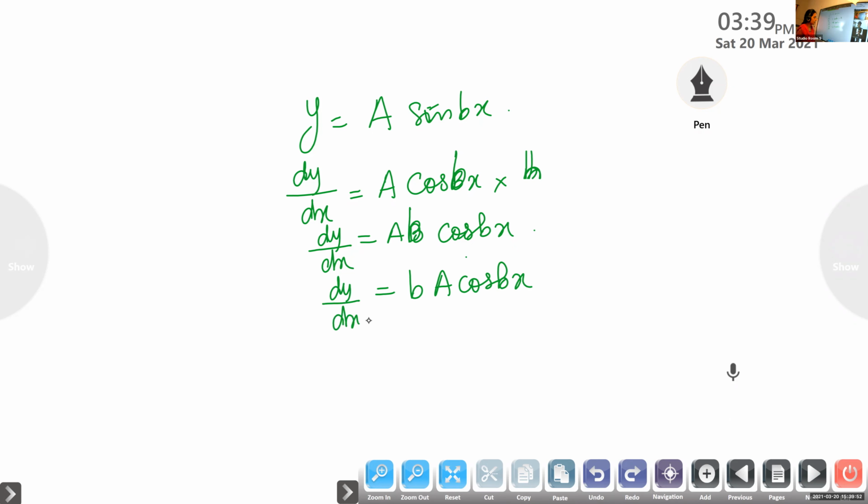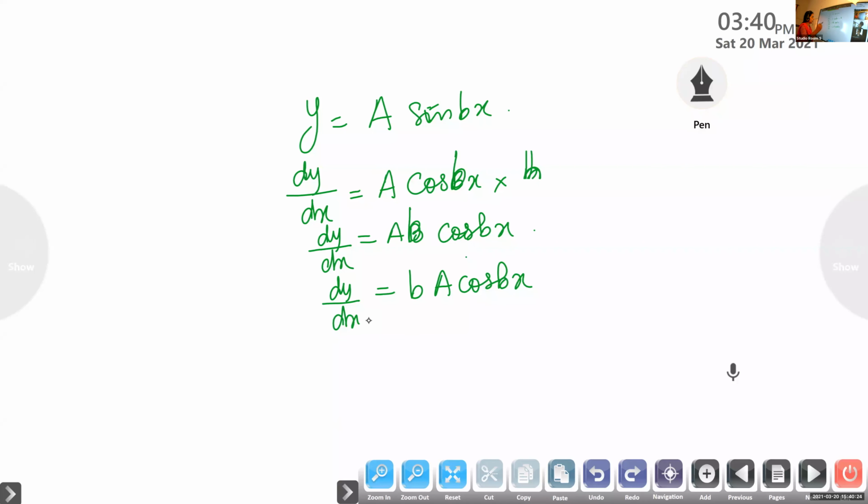Now we should replace it with identities, isn't it? We want to remove this a and all. How can we remove it? We have to remove these two values. Instead of a and b, we should write some values. How will you write this one? Only one constant is there, so we have differentiated only one time.